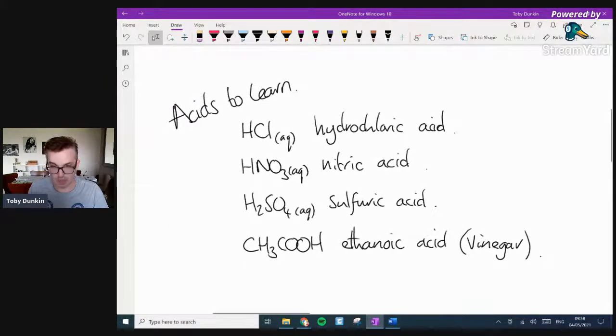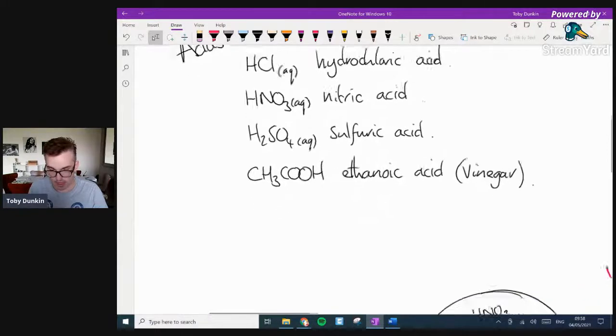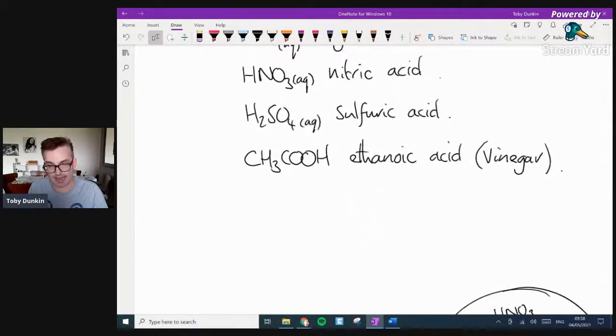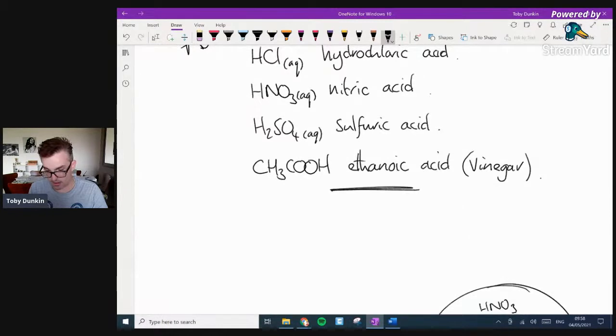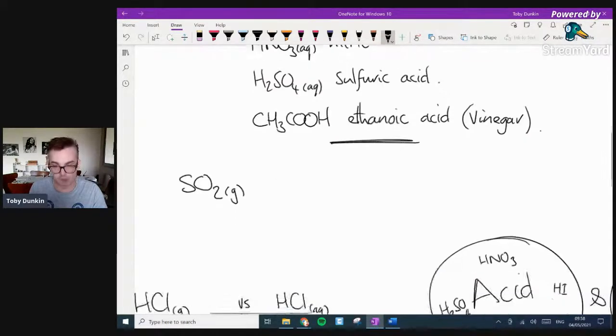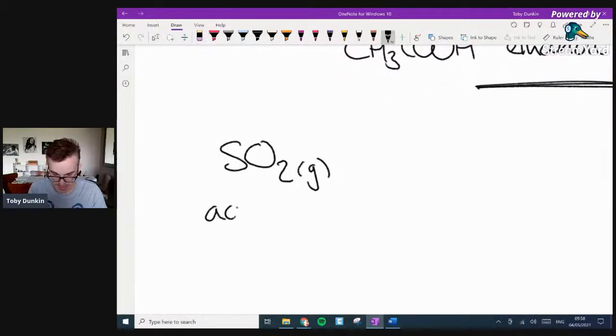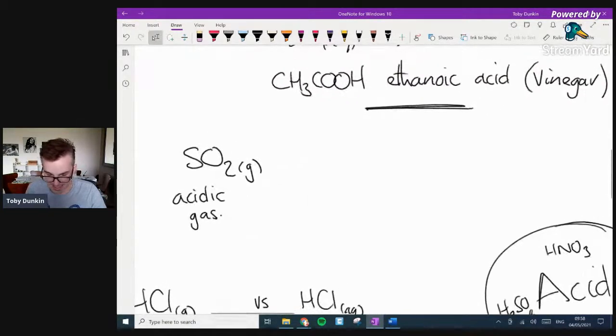Yeah. So ethanoic acid, really useful. Just to add in another one here, guys. This is actually, Kisaru, quite useful for you. Comes up more in AS than GCSE. It does occasionally crop up in GCSE. So one of the things that you guys learn is that sulfur dioxide gas, SO2 gas, is an acidic gas. Now, the reason why it's an acidic gas is because it reacts with water to form